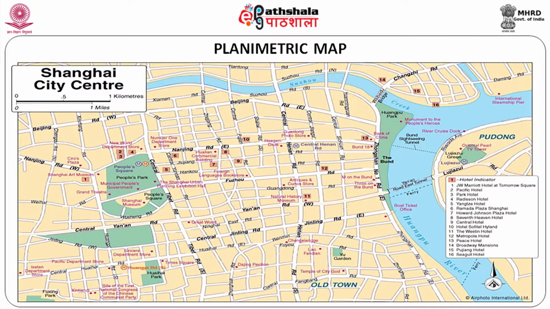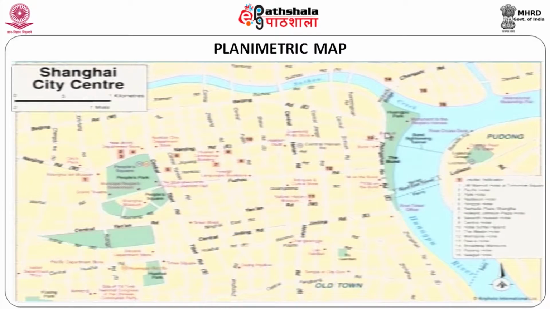You can see here, all the roads may not necessarily be mentioned, road names rather. It will be difficult to show in this particular scale. Probably on a larger scale we will be able to show that. In this particular planimetric map, this is the indication of the width of that water body, and you can also see some greenery there, a park indicated, and you can see the road here. You can see the wider roads are shown thicker and the interior roads are shown thinner. And some of the roads are shown much wider, indicating that they are all true to scale.